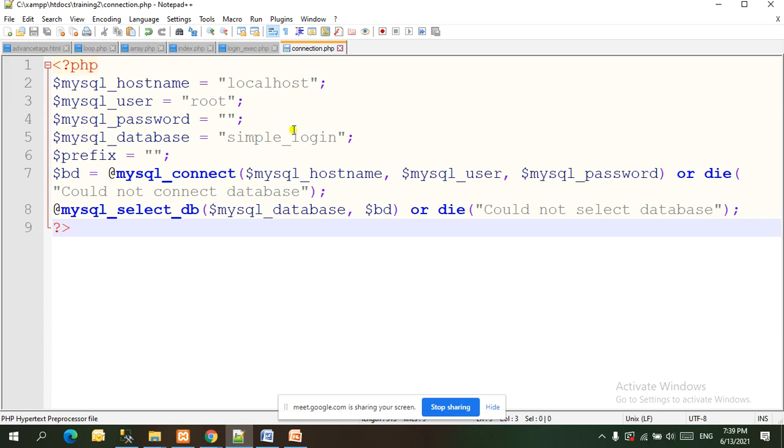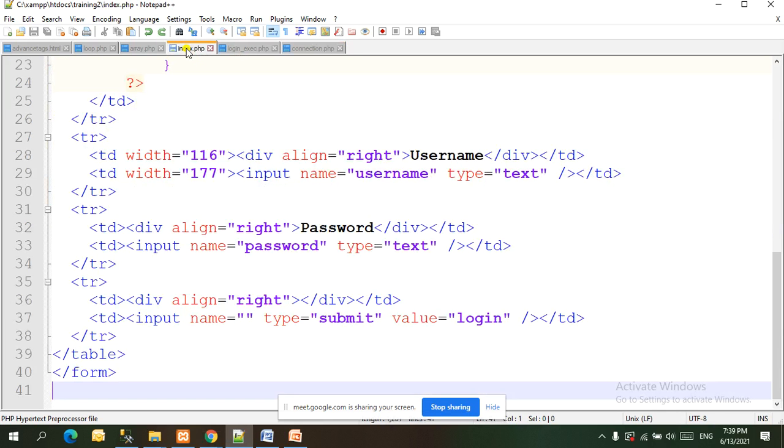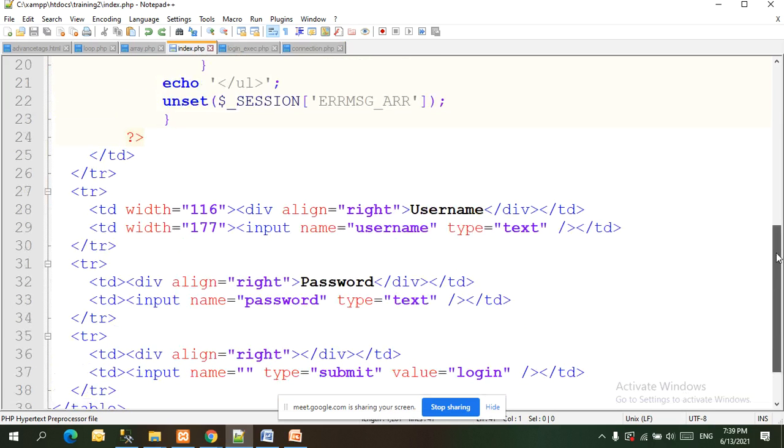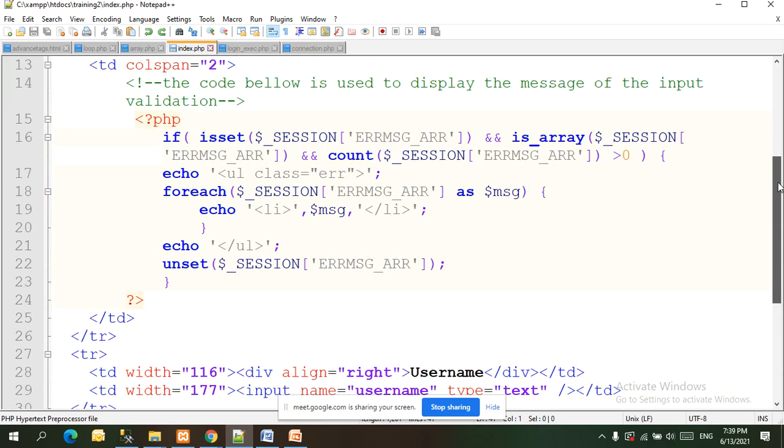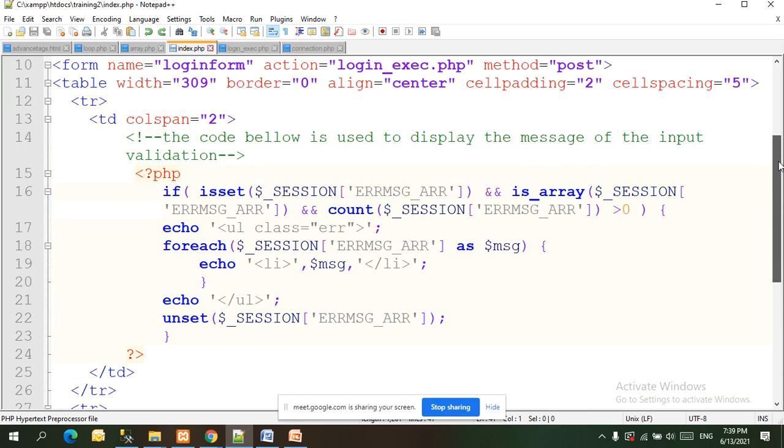See here, if you look at the code of the index page, on submitting login, username, password, session, when it is correct, what is happening?